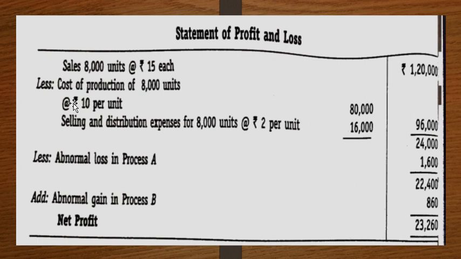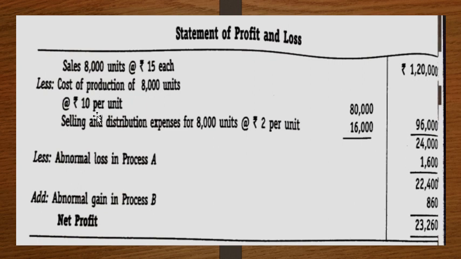So now deduct all expenses. When you deduct all your costs from your sales, you will get your profit, or we can check whether we're getting a loss. Now, less cost of production of 8,000 units. What is the exact cost you're spending? You're selling it for 15, but what is the cost incurred? For 9,200 units it is rupees 10, so for 8,000 units sold, into 10 rupees, the total cost can be estimated.